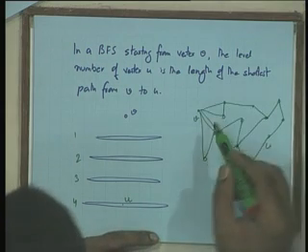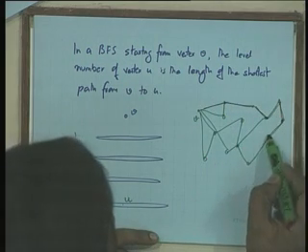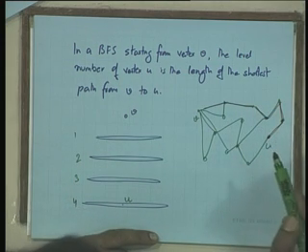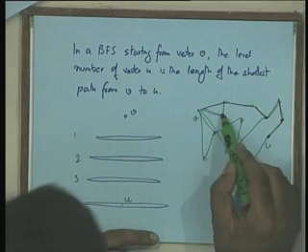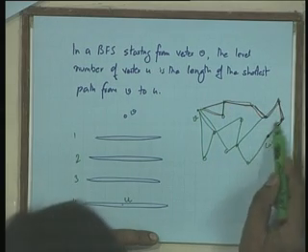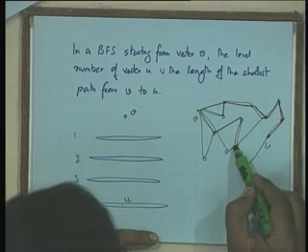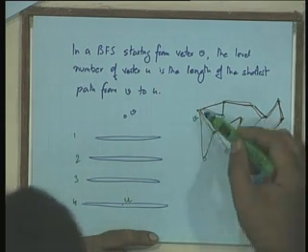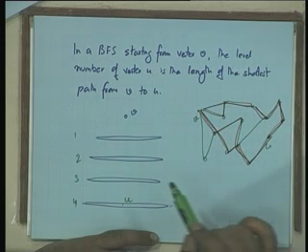So, for instance, if I were to look at this path, this has 1, 2, 3, 4, 5, 6 edges on it. So, it has a length of 6. If I had gone like this, it was even longer, it had length 7. If I had gone like this, 1, 2, 3, 4, 5, this had length 5, but there is also a path of length 4, this is 1, 2, 3, 4.